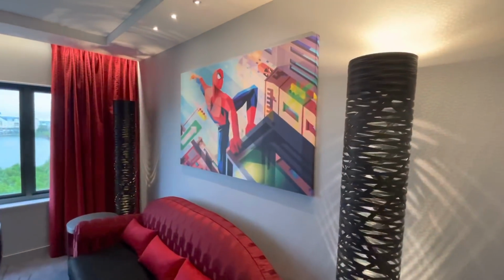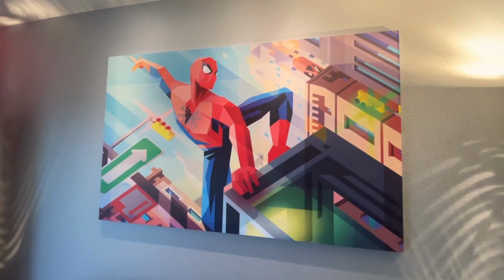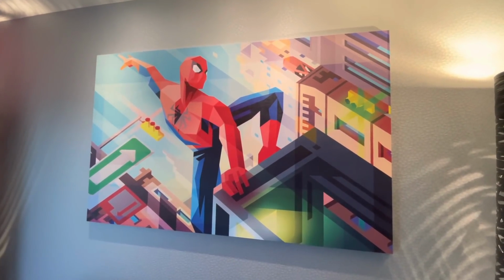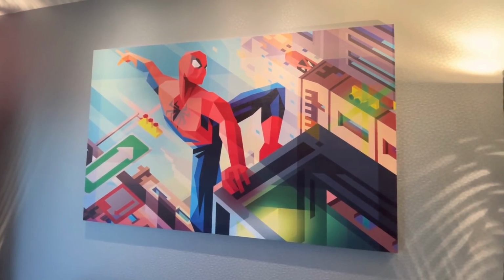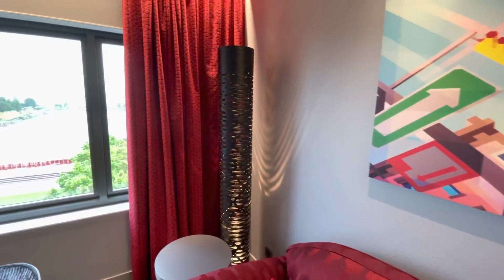So a number of pieces were made specifically for the hotel. This is one of them. So they sell a lot of those. They sell in the gift shop, the boutique downstairs. And so this is one of them. Really great, colorful piece. Adds a lot of life to the room. Not that the room doesn't have a lot of life otherwise, but we got to go look at this curtain,